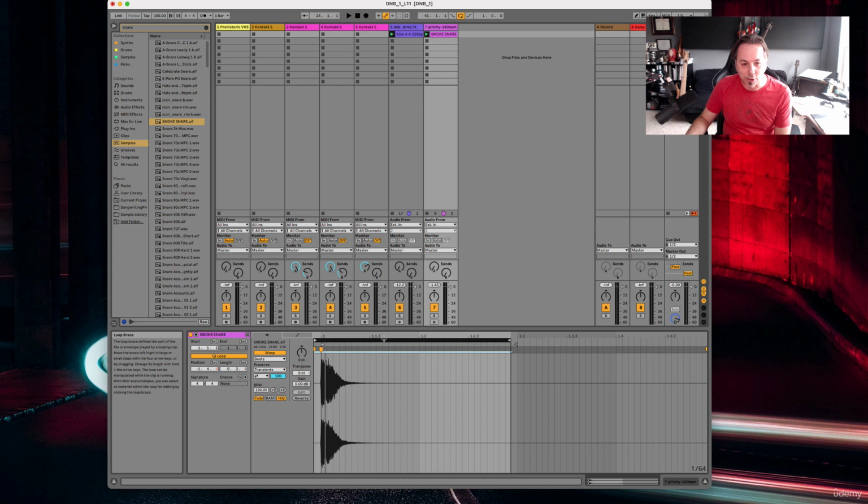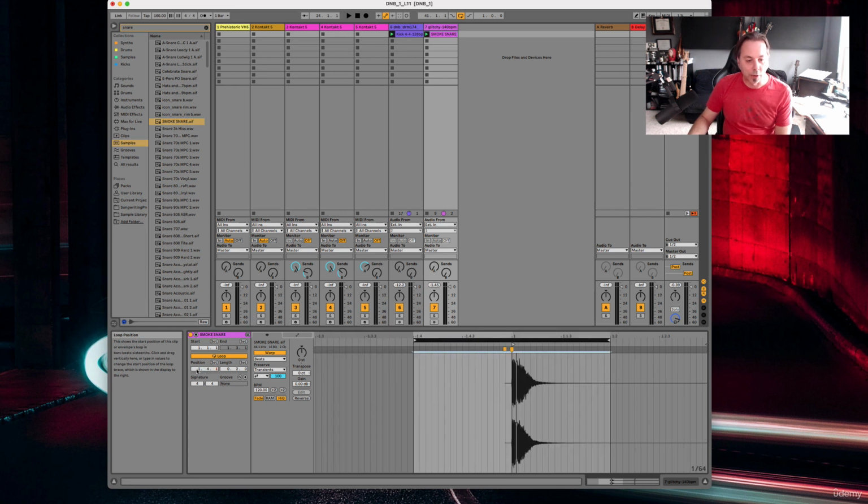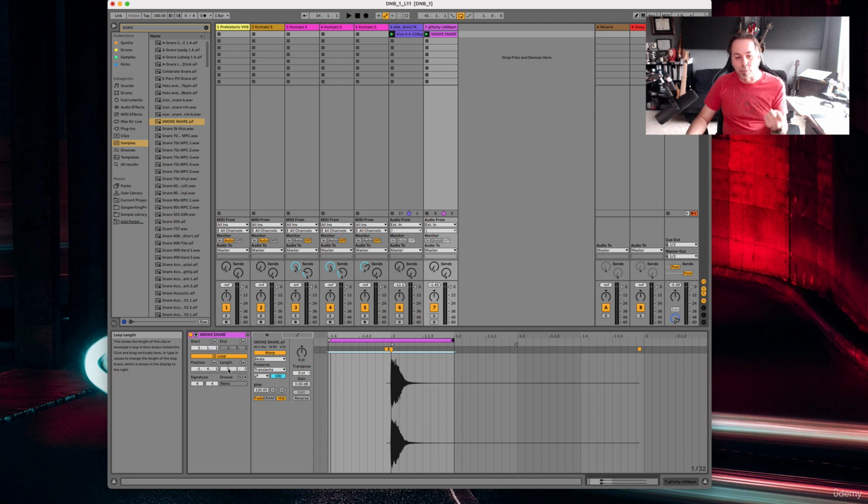So let's just adjust our loop. So we're going to go to position. So -1, 4, 1. So that means the bar before the loop starts, -1, beat 4, the last quarter note of that bar, and then the first 16th note. Okay, and then we're going to loop it all the way to 0 bars, because it's not going to do a whole bar. Remember, this parameter isn't the spot at which the loop brace ends, it's how long the loop brace is. If it was the spot, we would say